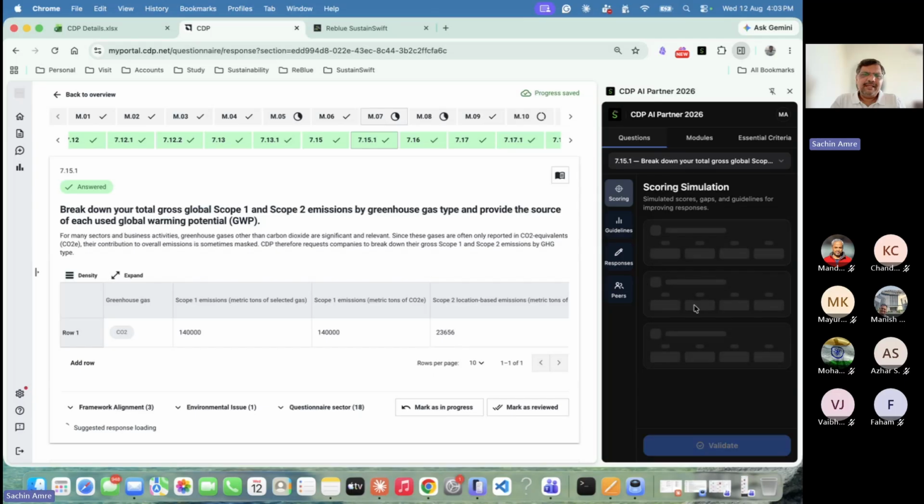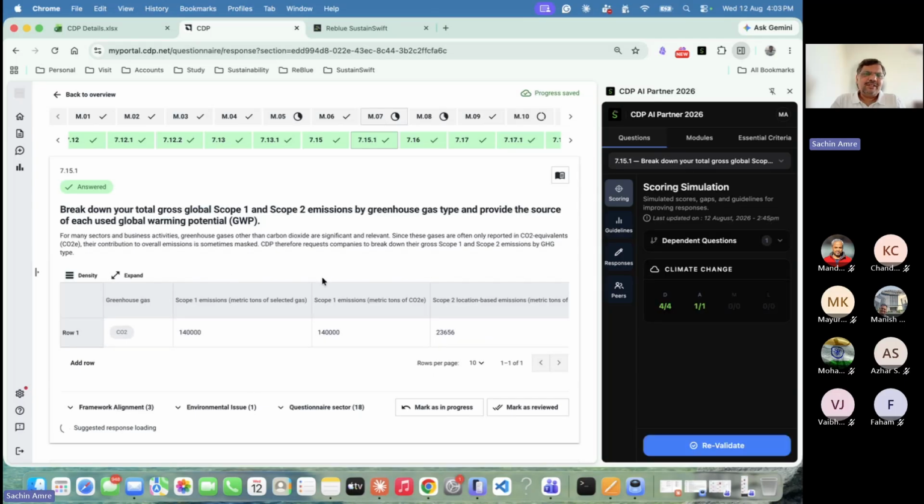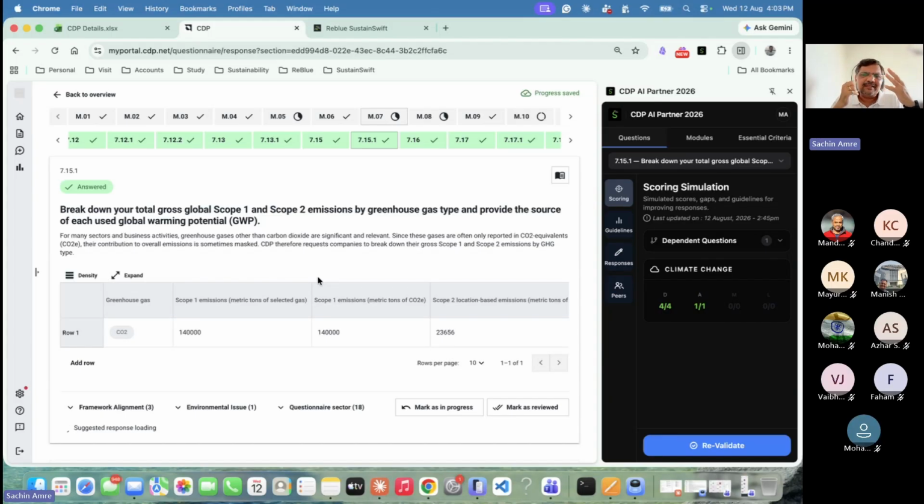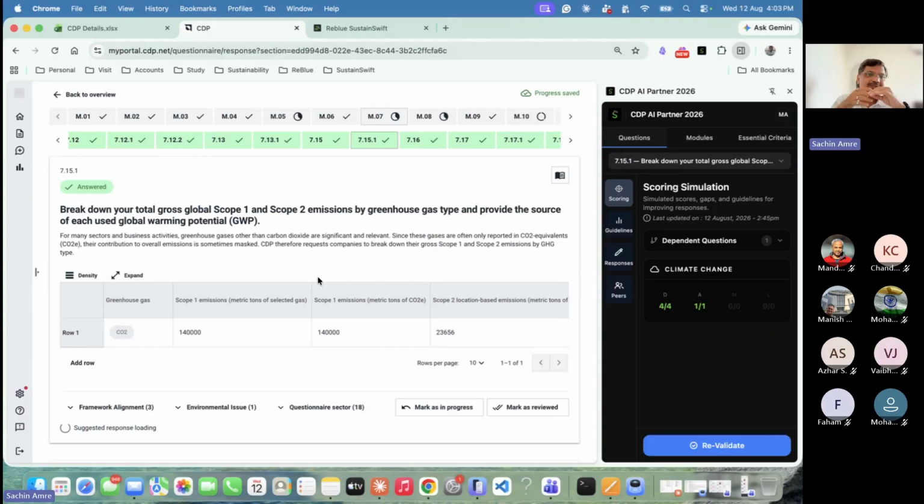Okay, so it picks up the data for 7.15.1. So 7.15.1 also refers to scope and emission. 7.6 also refers to 7.50, like the scope and emissions. So CDP has in its systems all the checks and balances to ensure that the answers which you're putting in are uniform across, and not like in one question you put something and the other question doesn't match with that